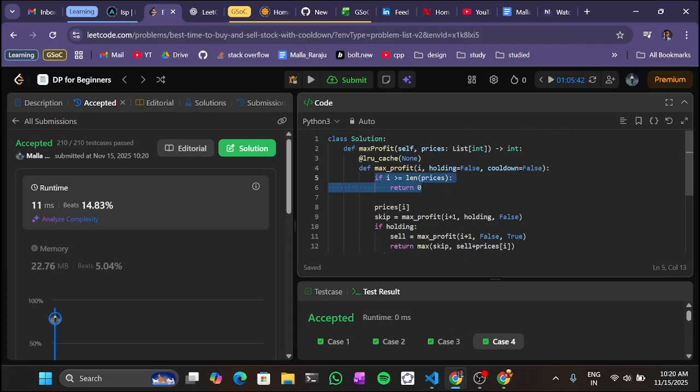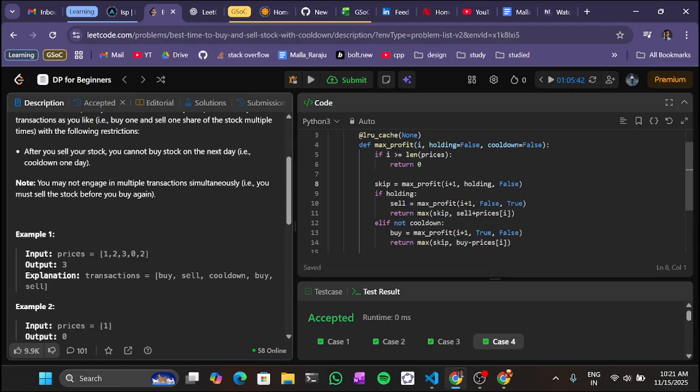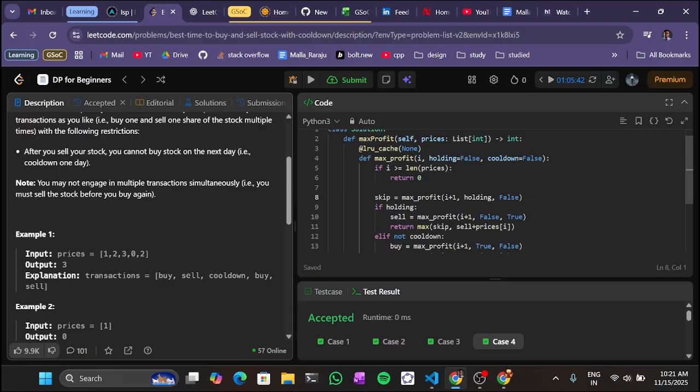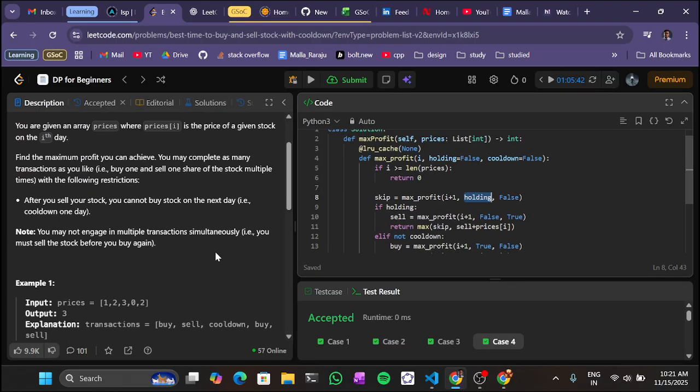we have a base case where we are checking if the I exceeds the length of the prices. If it does, then we return 0. And at every step we have two options. Let me explain. If you are holding a stock, that means if you already bought a stock, then